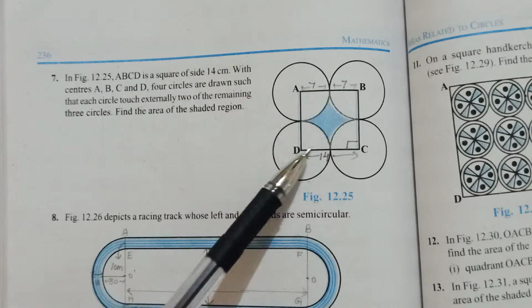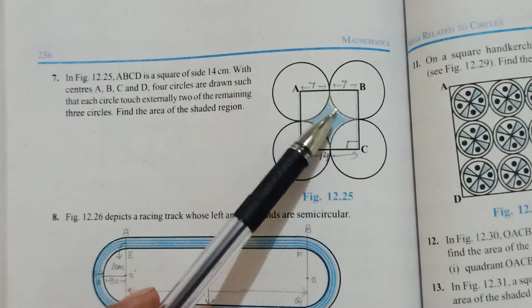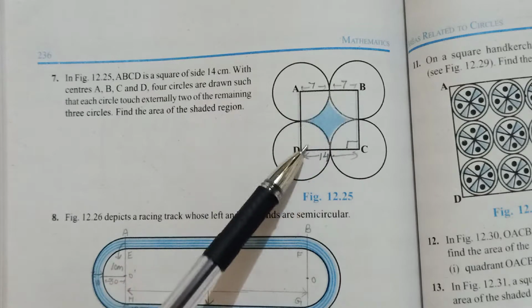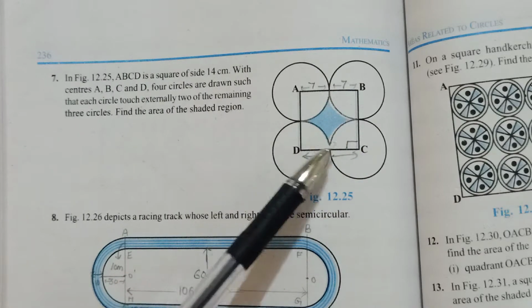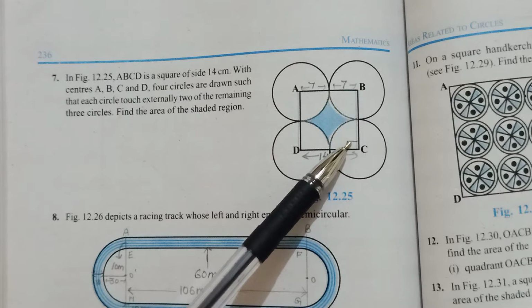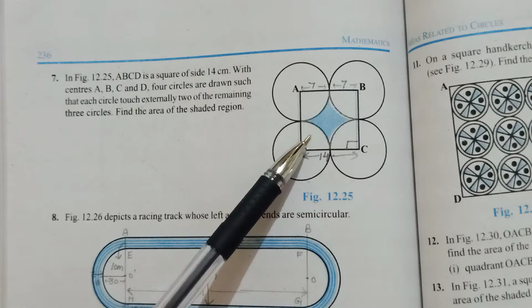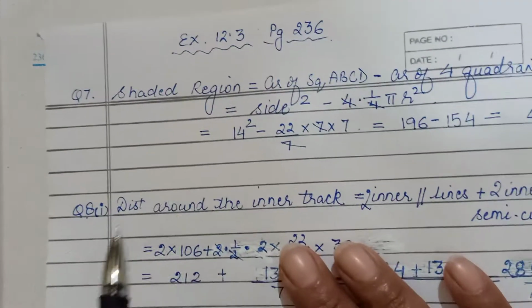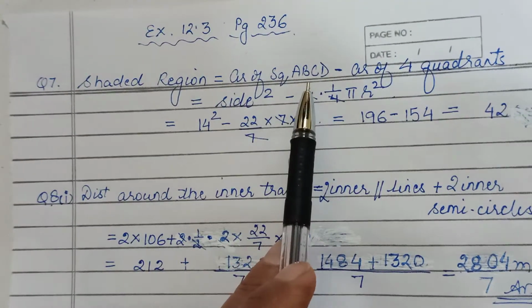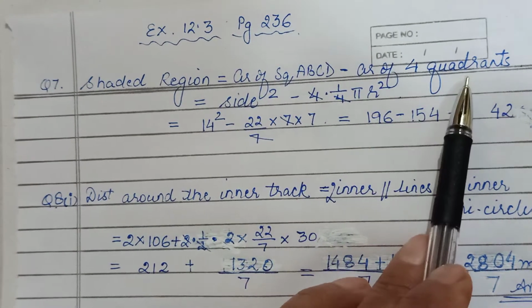And if you focus on the figure here, talking about the shaded region, that was your whole square. From that square, you have to remove these portions. These are quadrants. Square, so this angle would be 90. So we have 4 quadrants here of radius 7. So the shaded region is the area of square ABCD minus the area of 4